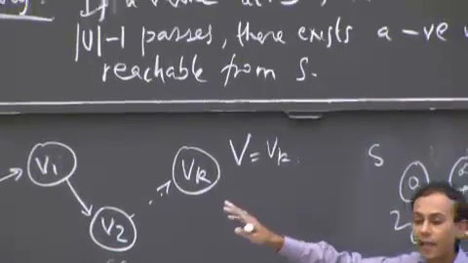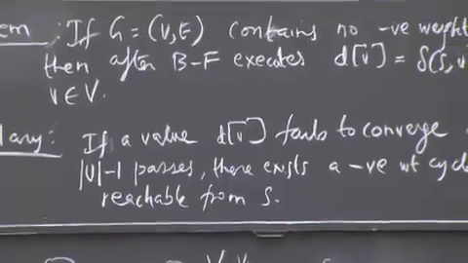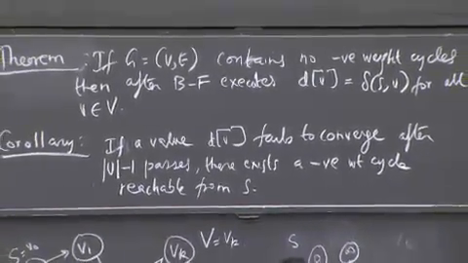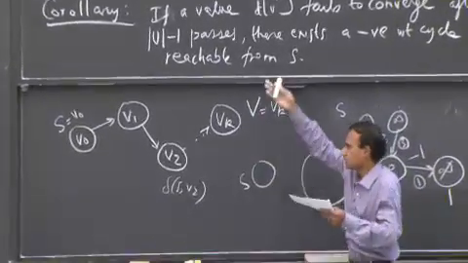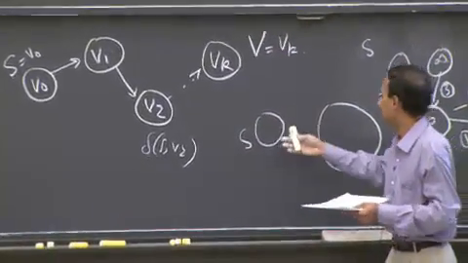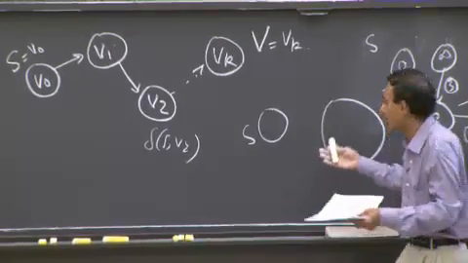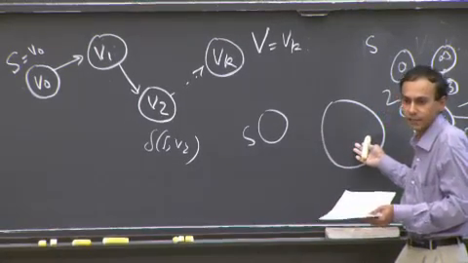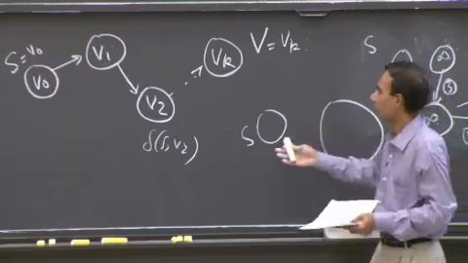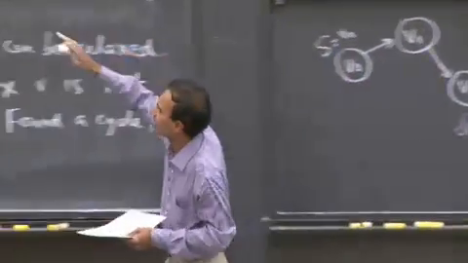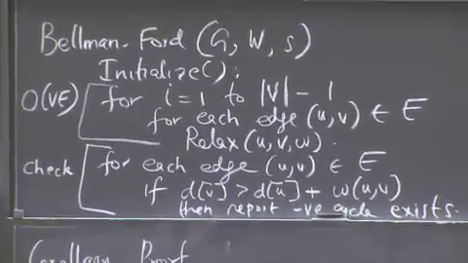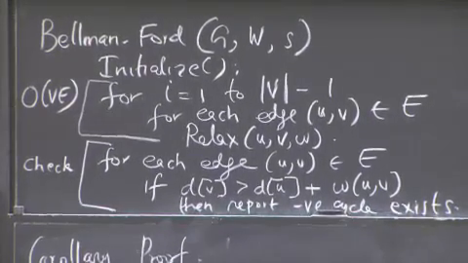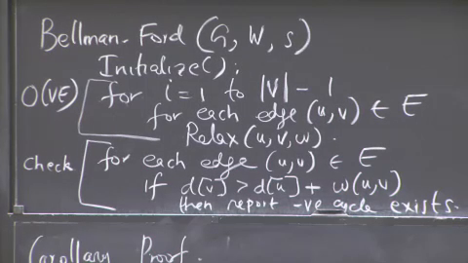So if you happen to have S over here, and it's just the one node, and it has no edges going out of it, this algorithm would just be trivial, but it wouldn't detect any negative cycles that aren't reachable from S, right? That makes sense, right? It's kind of hidden over there, and I'm glad you asked that question. Initialize is setting things up, and that affects the rest of the algorithm because D of S is 0, and the rest of them are set to infinity. All right?